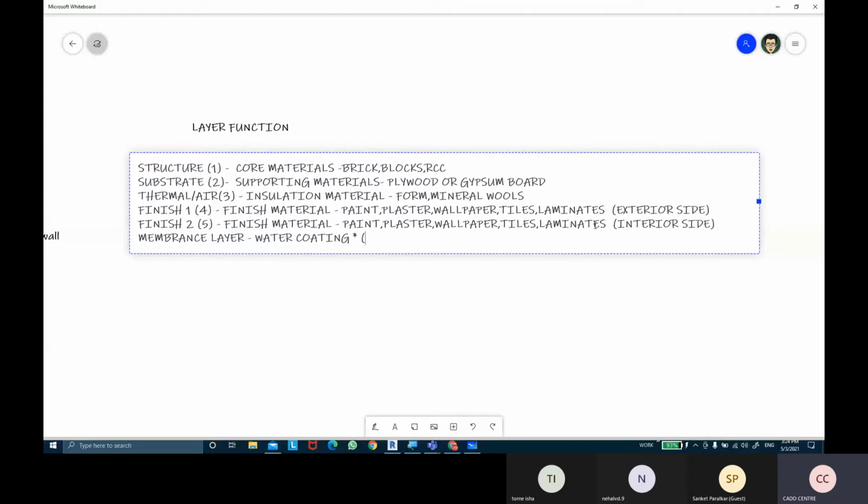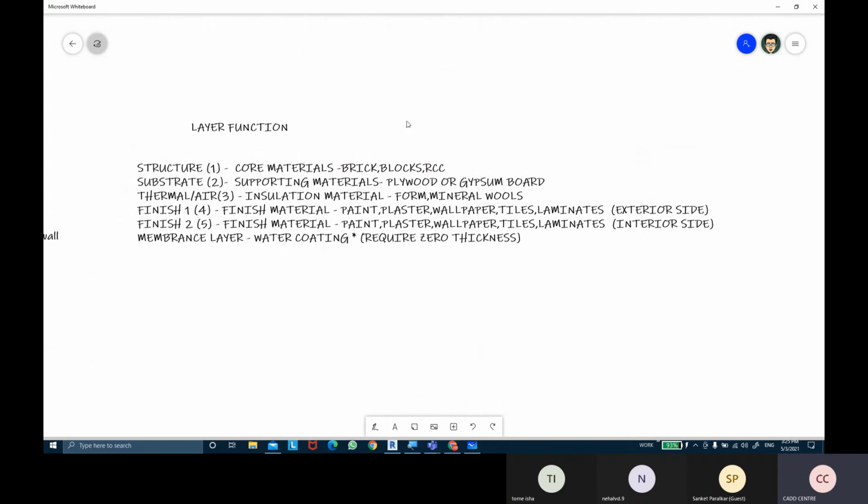So that's for water coating, waterproofing, and it requires 0 thickness. That's an important feature. So these are the functionalities of the wall's layers.